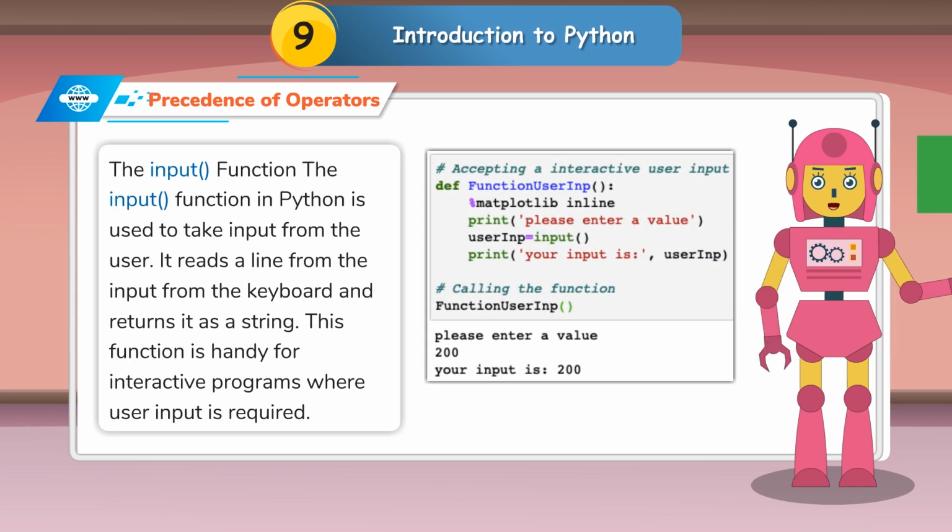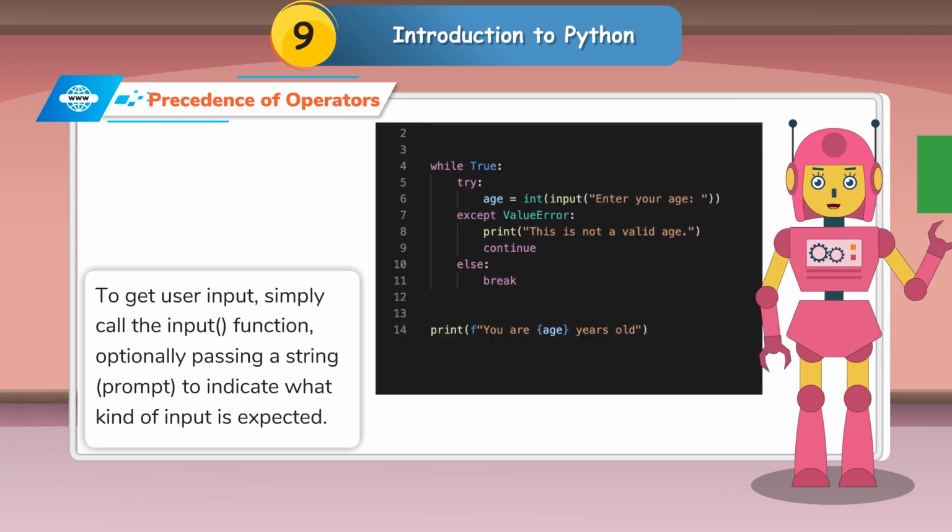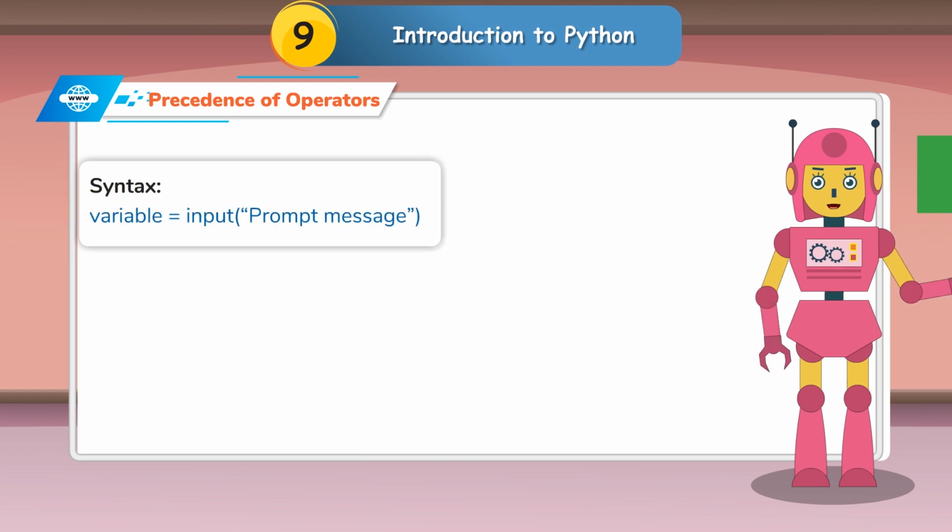The input function in Python is used to take input from the user. It reads a line of input from the keyboard and returns it as a string. This function is handy for interactive programs where user input is required. To get user input, simply call the input function, optionally passing a string prompt to indicate what kind of input is expected. Syntax: